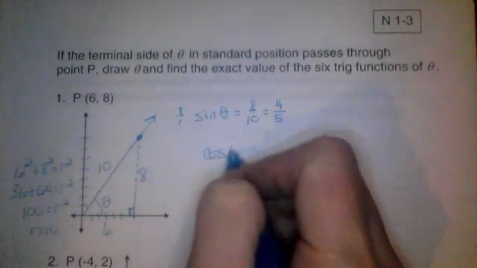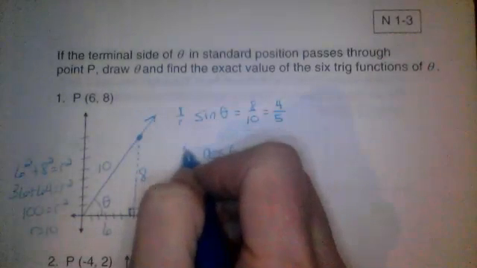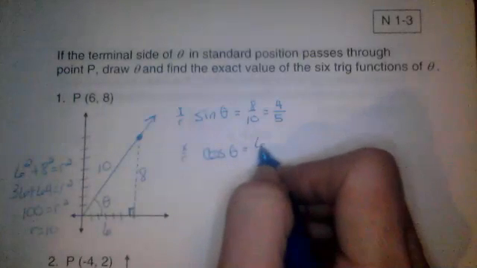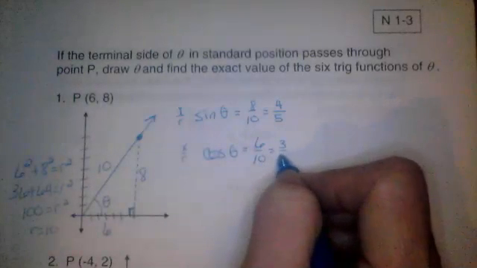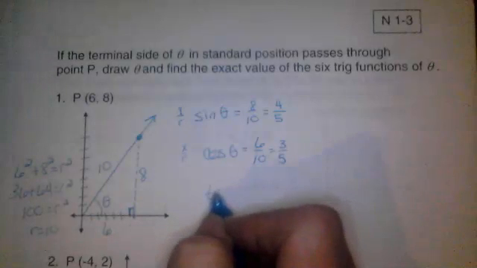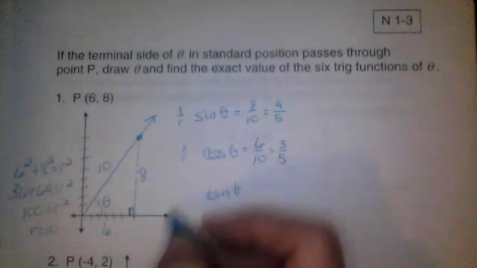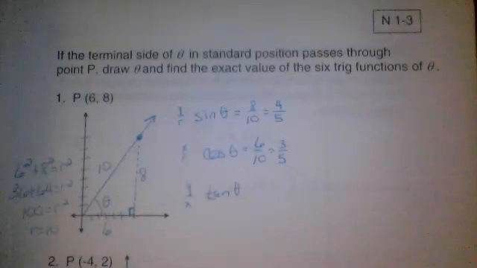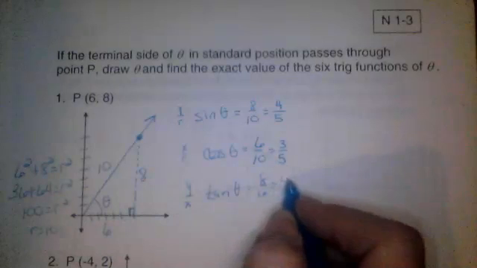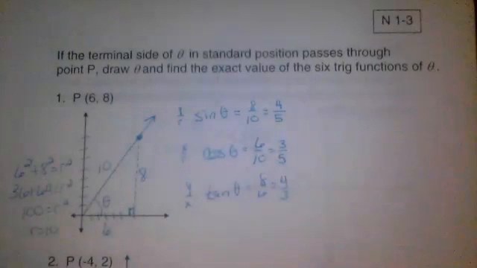The cosine ratio, cosine is x over r, so we get 6 over 10, which reduces to 3 over 5. And then we have our tangent, and tangent is y over x, so 8 over 6, which reduces to 4/3. So those are our sine, cosine, and tangent ratios, and if you have those, then these